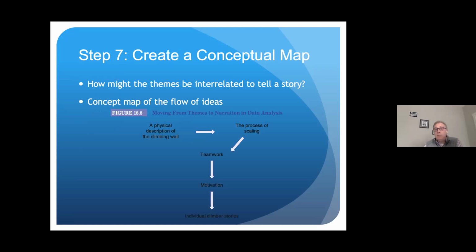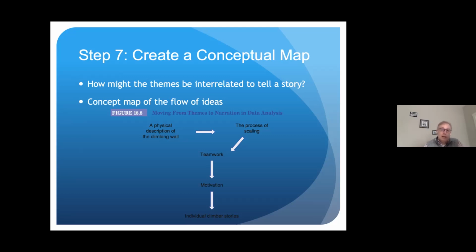So then, after you've identified your codes and themes, I would think about maybe a conceptual map. So how might these themes be interrelated in order to tell a story? Personally, I don't think of themes as being static and entirely mutually exclusive units of analysis. And in fact, themes tend to be interrelated to one another. So I would think about how they can be ordered in a logical way in order to tell a narrative, for instance. And you might even include a